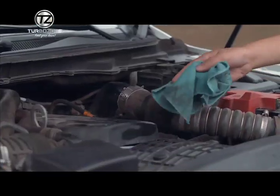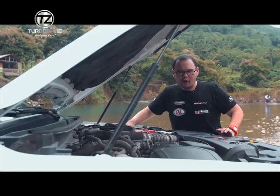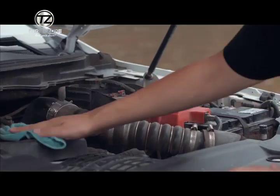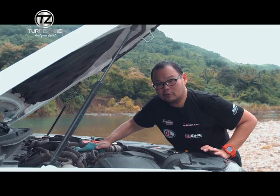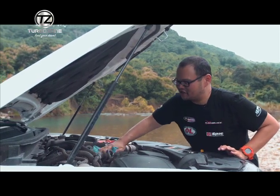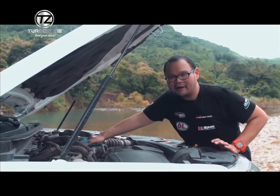Okay, so guys, I'm cleaning the Biturbo. I love saying that. It sounds very German. Biturbo engine. A lot of people were somewhat disappointed to find out that the new Ford Ranger Raptor has a smaller engine